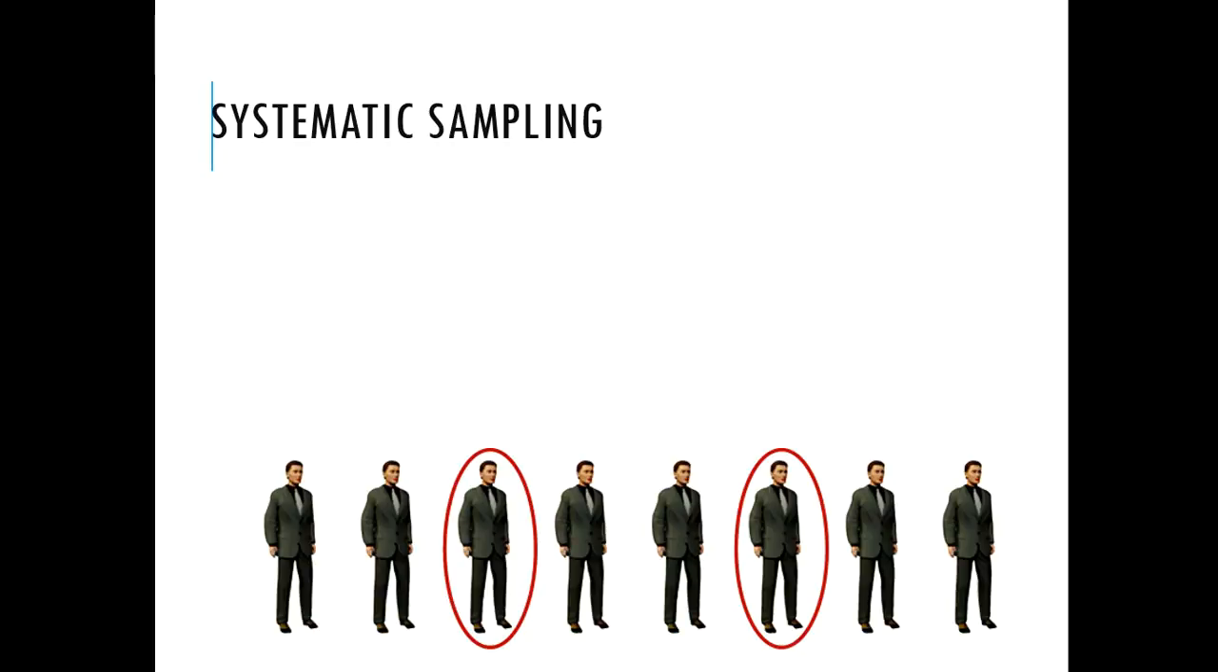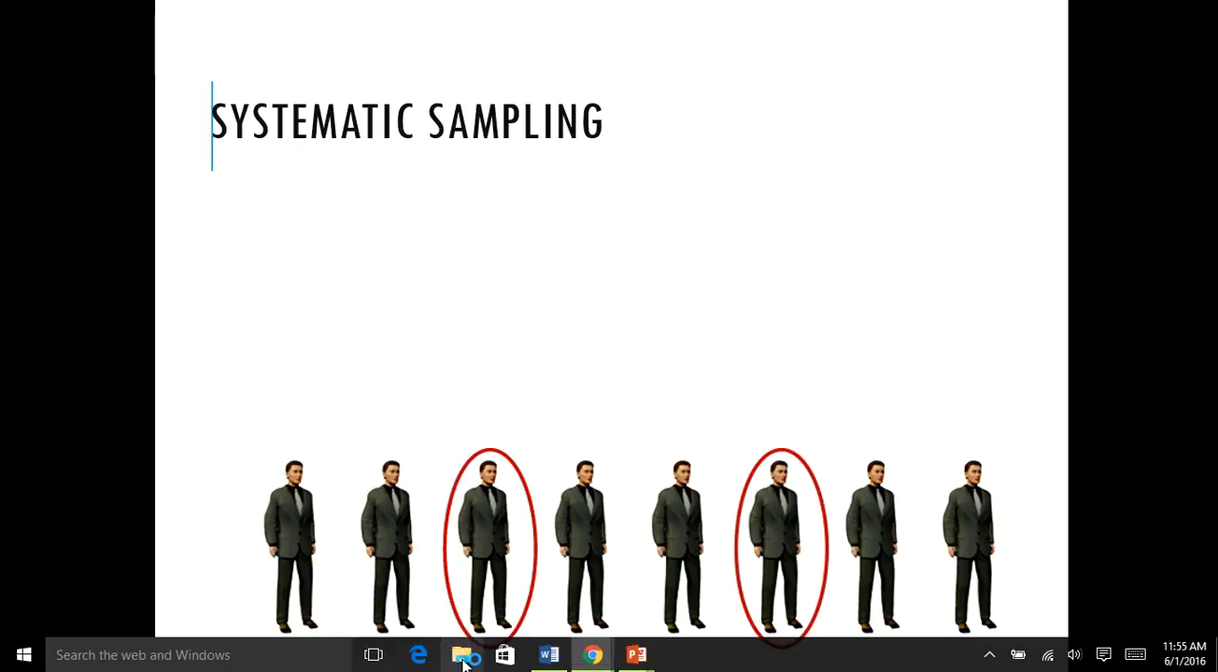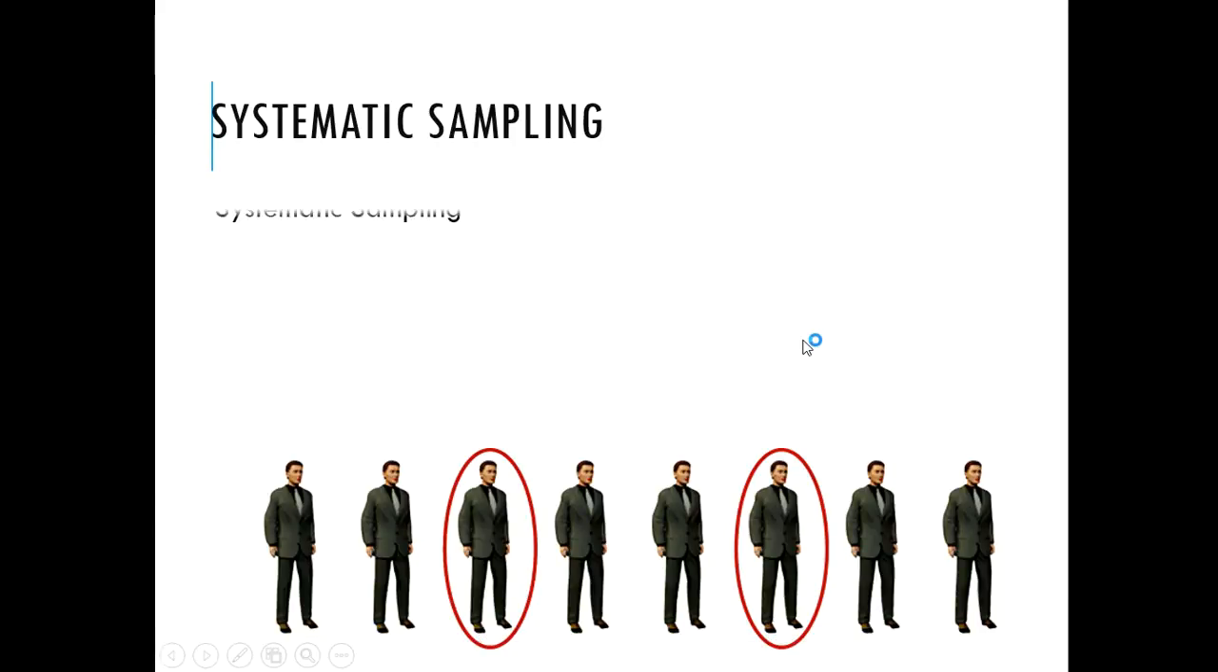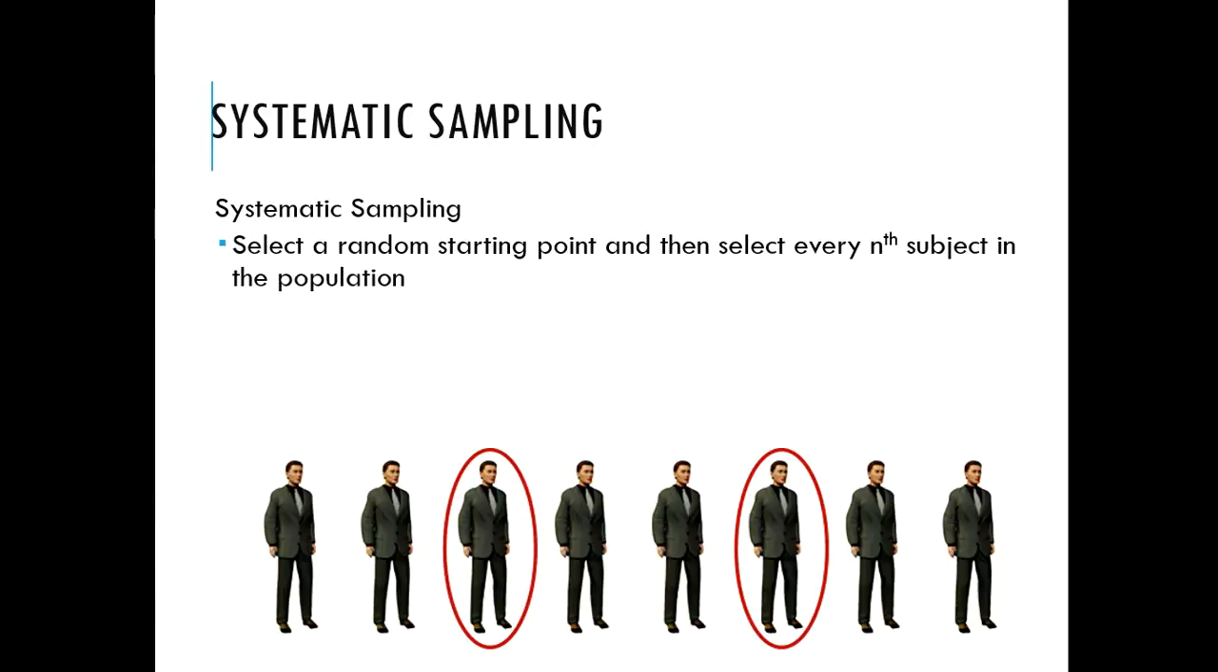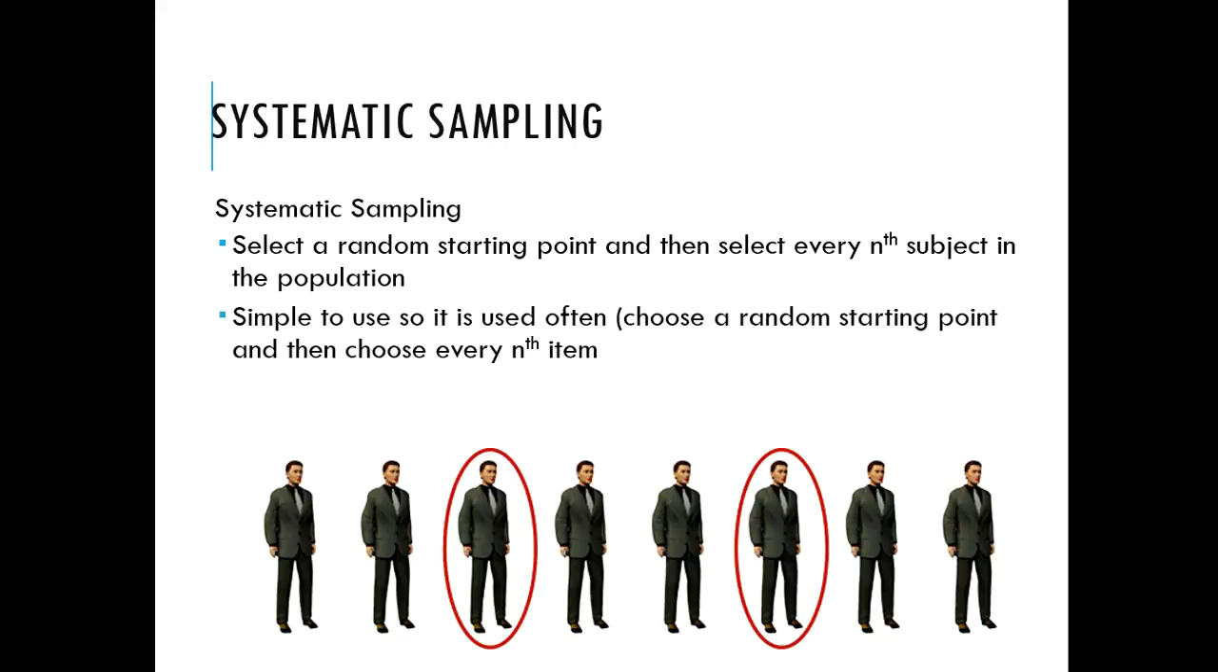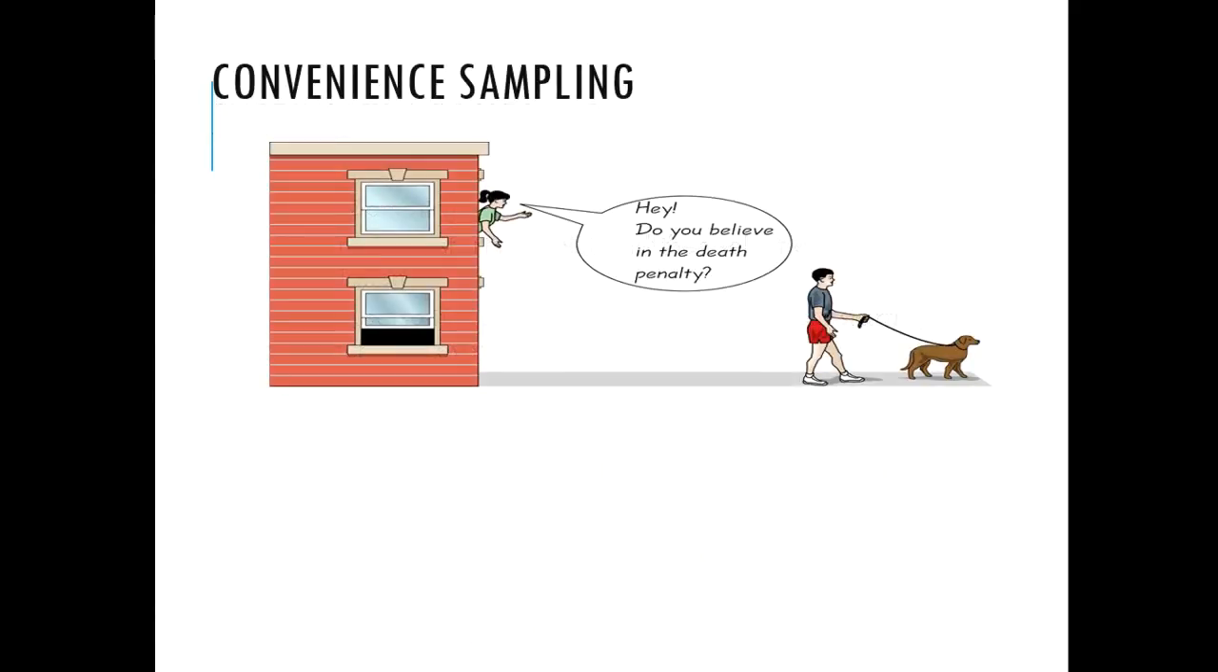Next is systematic sampling. What that is, you're picking a starting point and then you're selecting every nth subject in the population. So if you see below, we're picking every third person in the population. Many times in manufacturing, they'll do that. Like when cars are coming off the assembly line, they'll pick every 50th car to undergo an extensive quality analysis